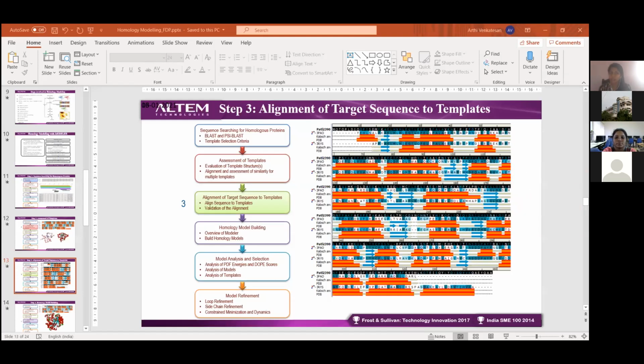This is the main thing. So you have designed your drug. Once you have designed your drug, obviously you will be checking with cell lines. So after checking with cell lines, what other sources are available? If you look at the computational approach, say for example, you need to go for homology modeling, and you will be checking your structure in case the structure is not available. In case you have your structure in the RCSB PDB data bank, you can directly download your structure and go for it. So I'll share this PPT.